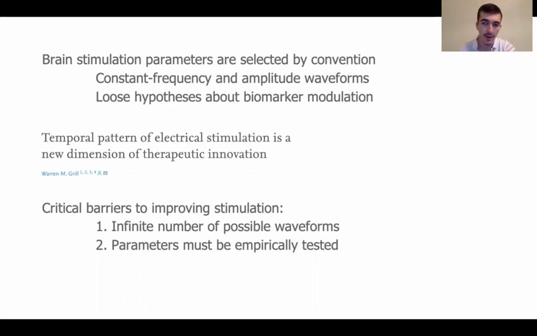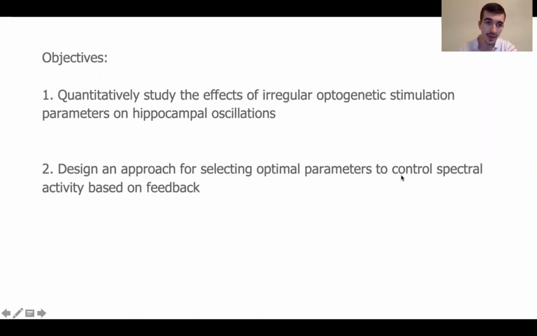Now, there are two key barriers to understanding this world. There's really an infinite number of different ways that we can stimulate the brain, and we don't know what any of those parameters are going to do until we empirically try them out, which becomes an intractable problem. In this study, we're taking a computational approach to do two different things. One, we're going to understand the effects of different stimulation parameters on brain activity. And two, we're going to design an engineering approach using machine learning to select optimal stimulation parameters to control brain